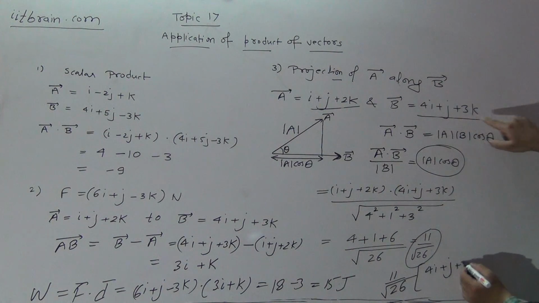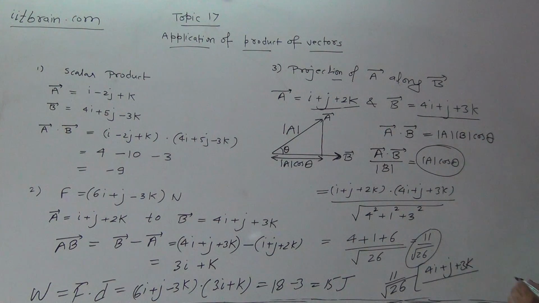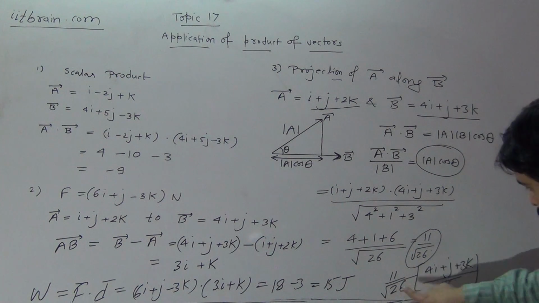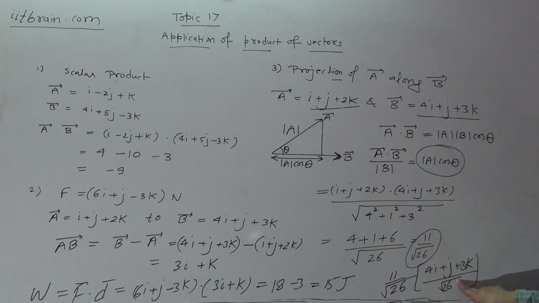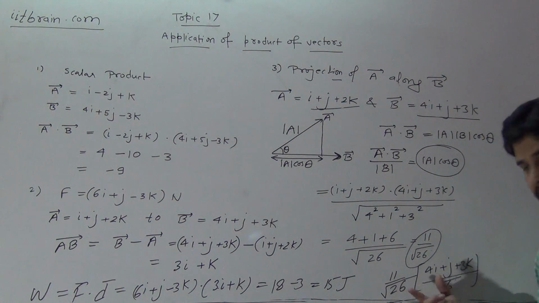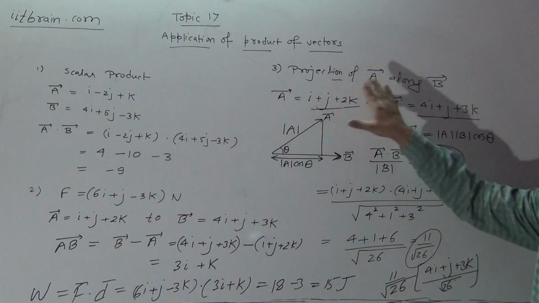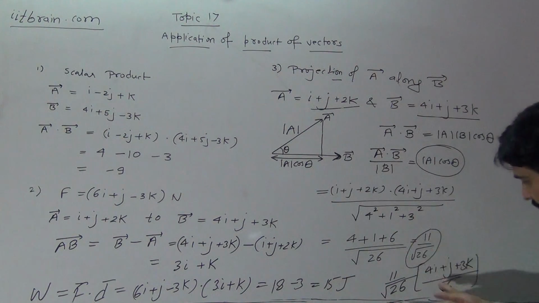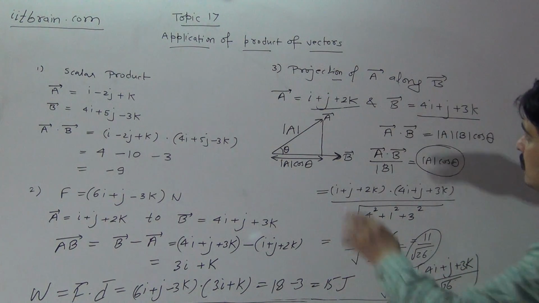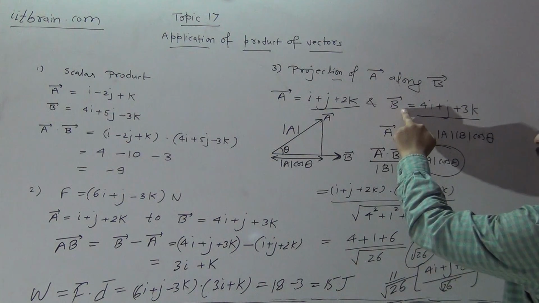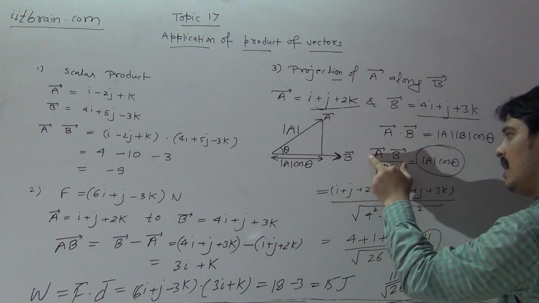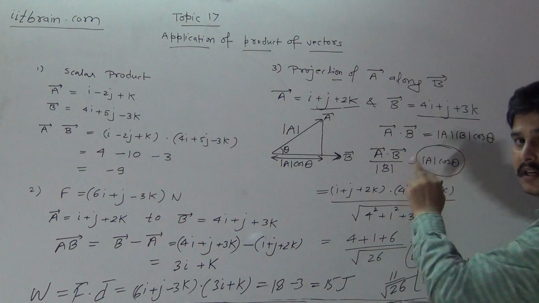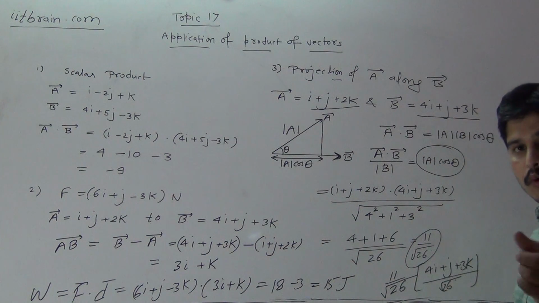b is 4i plus j plus 3k and divided by mod of b, it is root 26. तो अगर आप b के यूनिट वेक्टर को इस न्यूमेरिकल मैग्नीट्यूड में एफिलेट कर देंगे तो अब जो आपका ये आंसर है ये प्रोजेक्शन ऑफ a अराउंड b इन वेक्टर फॉर्म है। एक बार फिर समझें कि a का प्रोजेक्शन b के अराउंड कैलकुलेट करने के लिए फॉर्मूला है a डॉट b डिवाइडेड बाय द मॉड ऑफ वेक्टर हुज डायरेक्शन